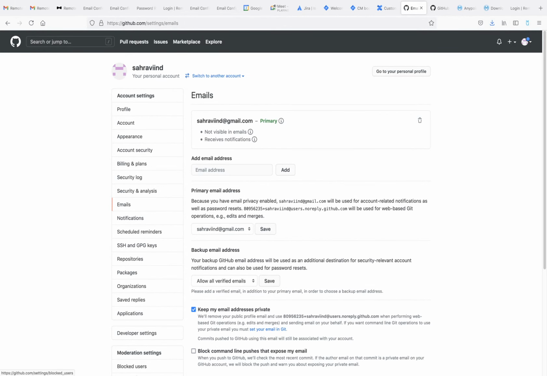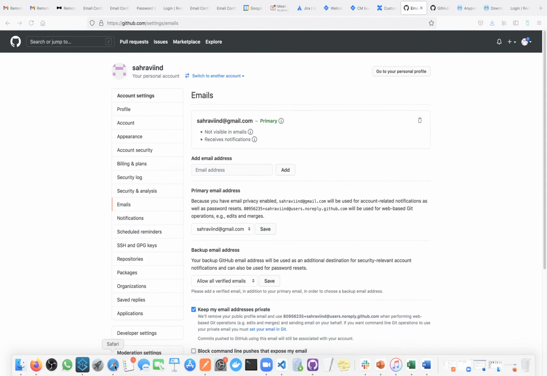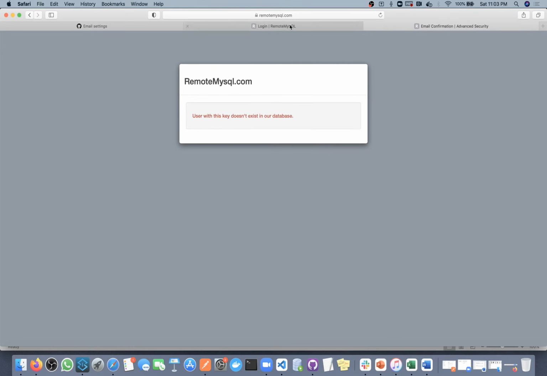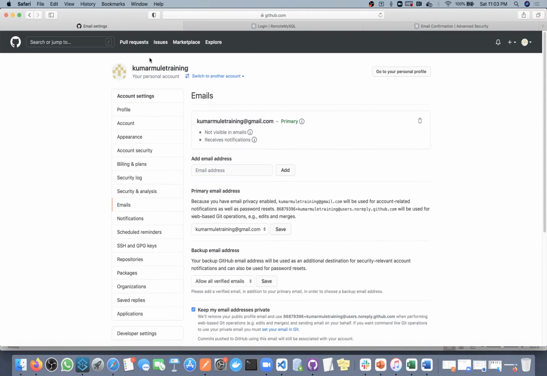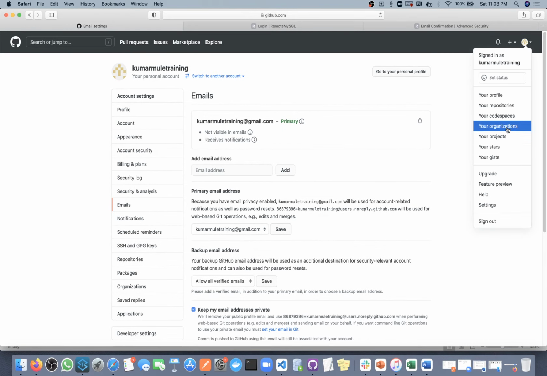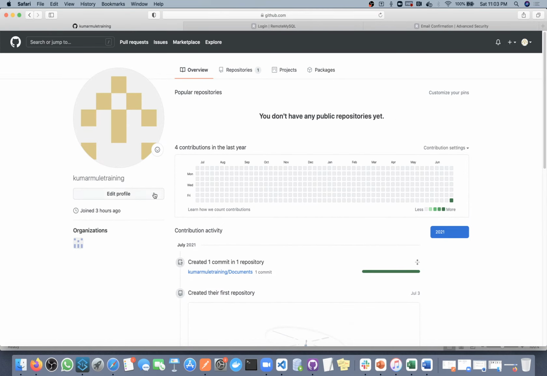Okay, so now what we will do next, I will show you how to create a repository. Maybe a few of you know, but before a repository we need to create an organization. So first you should create an organization. Where can you create an organization? You can go inside your profile, and okay, the organization part. Let me see where we can create.